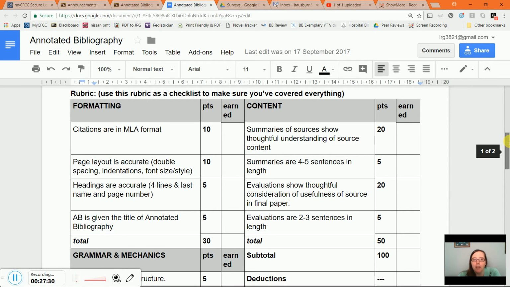Some things to think about: use this rubric as a checklist and make sure that you have everything that you need. I'm looking at formatting. So I'm looking at MLA format. We're in the MLA 8th edition. This week and next week, we'll talk heavily about MLA formatting. This week, it will just be the basics of MLA. Next week, it's going to be how do you format a citation, how do you format in-text citations, things like that. I want to make sure that you can format your pages correctly, and your citations are correctly formatted. Title it annotated bibliography. Again, use this as a checklist. Just make sure that you've got that done.